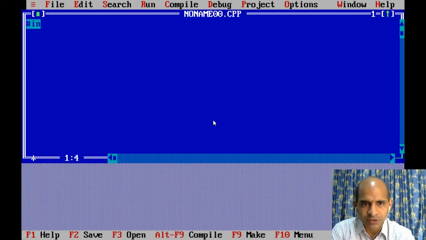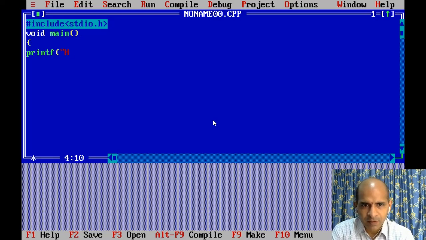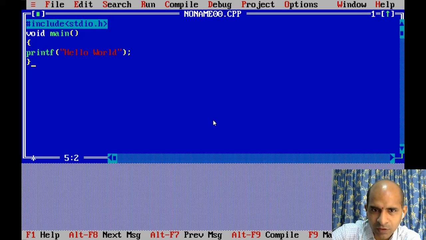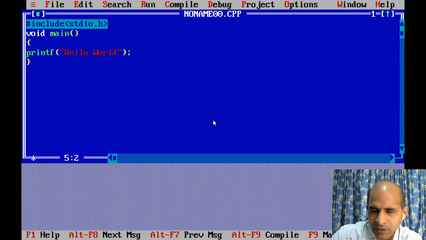So this is hash include stdio.h, then void main, and here you write printf hello world. Now printf hello world is over. So alt F9 success, control F9 to execute the program, and to view the answer alt F5. Hello world is there, just press a key and it will return to your screen.